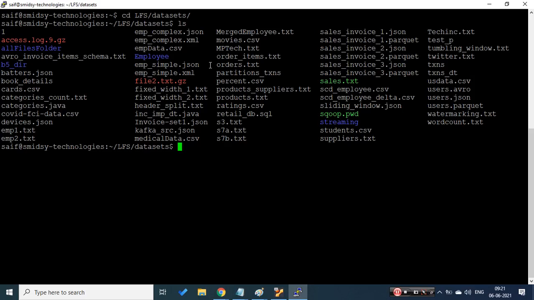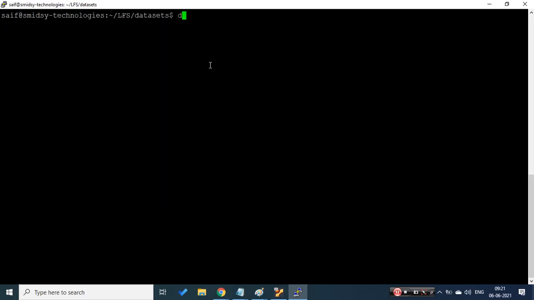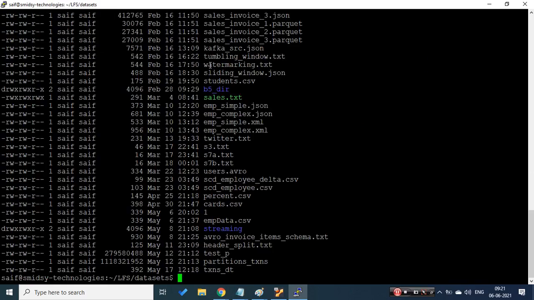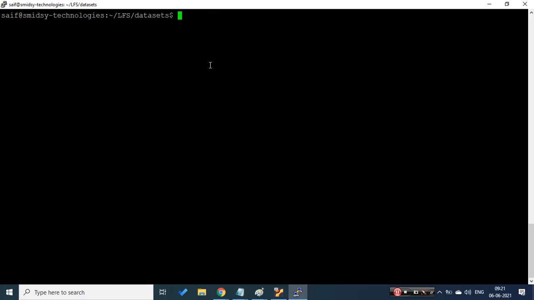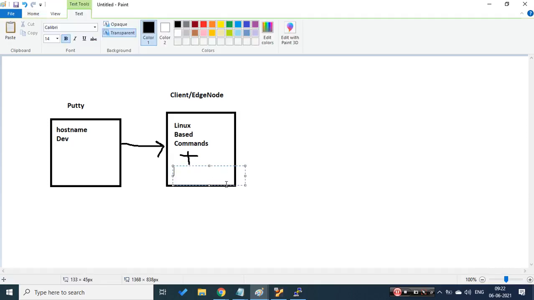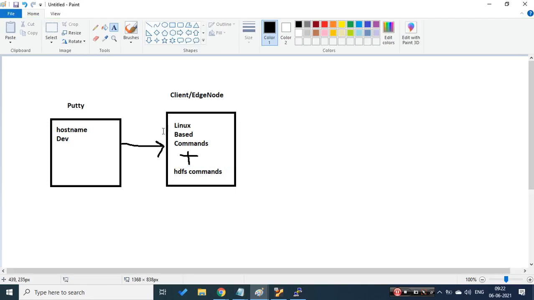Here I am trying to write some command, calendar. If I just write date, present working directory, who am I, whatever, all the commands which we know of Linux are working. In a similar fashion, at the edge node, you should be able to execute your Linux based commands. Now, at the same place on your edge node, when you try to type your HDFS commands,